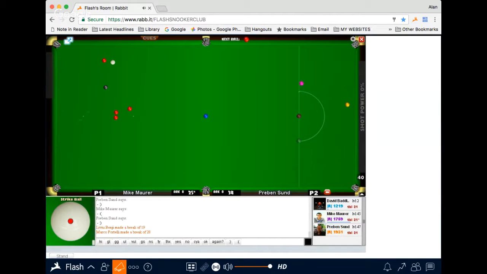Very easy red. Almost natural position on the black. And then another natural position on the isolated red near the pink spot, which in turn he could use to open up the two reds, but you need to get on the black or a colour after that. So unscrewed it a bit too much for the black, so the black's not on, but it's a fine cut if he does. You have to go for the blue,